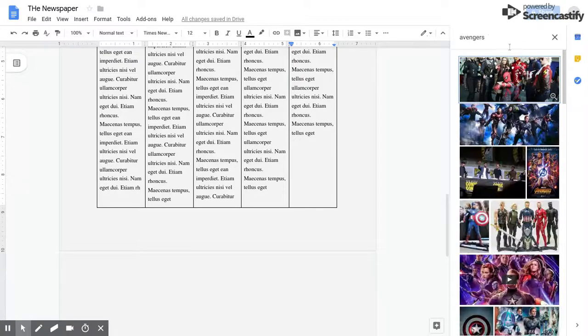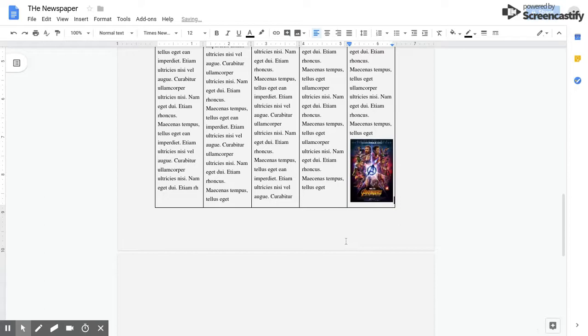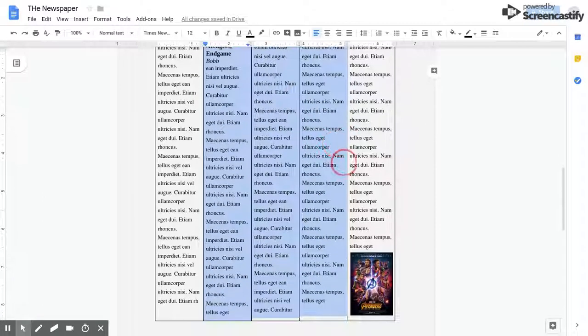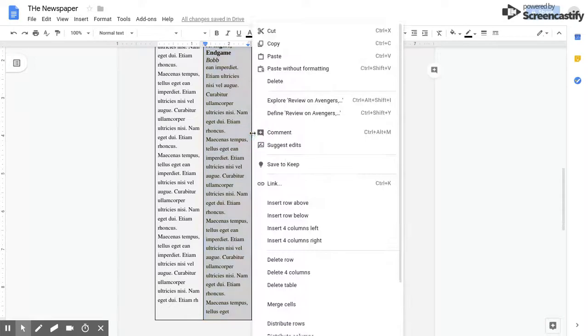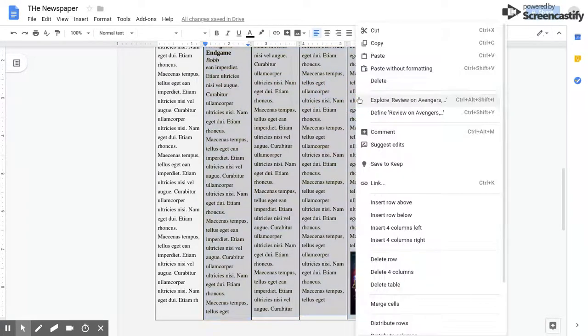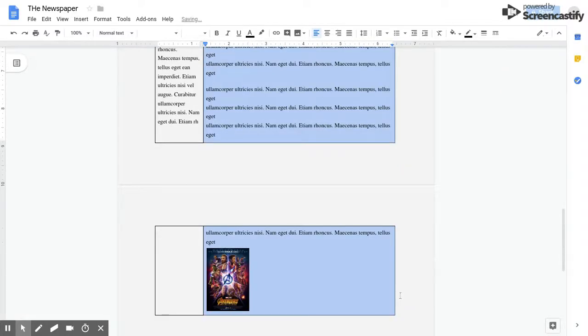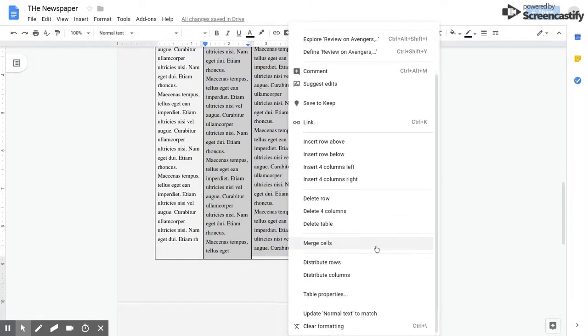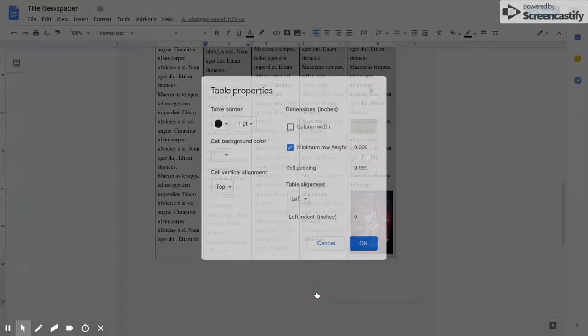And choose the best picture that would fit. If I insert that. Ta-da, I have a picture right there. So now what I want to do is actually merge these cells. And that didn't work. We want to merge cells. Oh, wait. Never mind. We want to go to table properties,